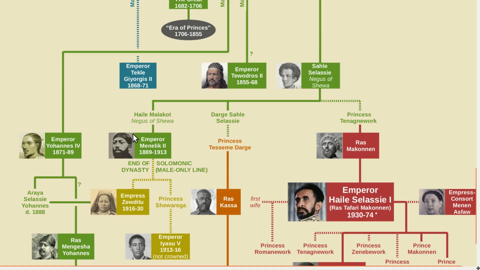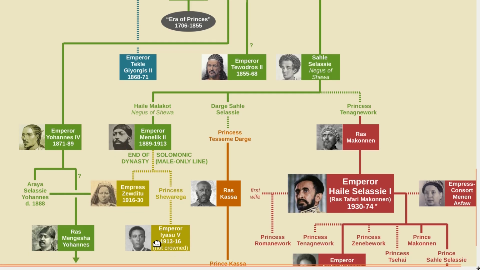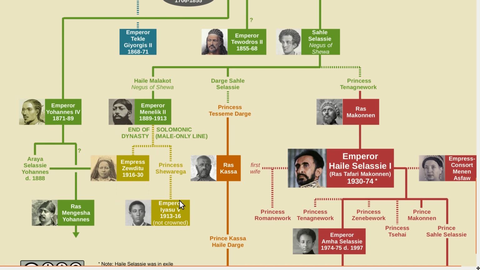Because Menelik II had only daughters, the throne passed to his grandson, Iyasu V. However, Iyasu was never crowned. His father had been Muslim, and there were concerns that Iyasu might eventually come to support Islam. So his aunt, Zewditu, became reigning empress instead. Her first husband had been the son of Johannes IV. But because Ethiopia had always been ruled by a male, this man here, originally known as Ras Tefari, was made